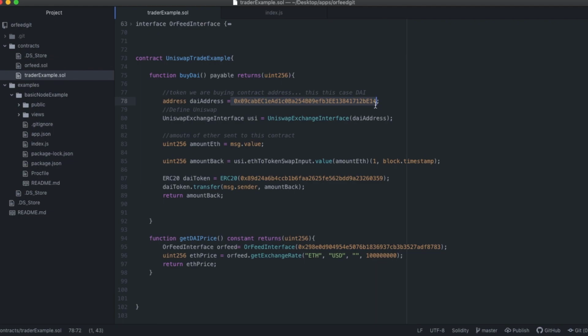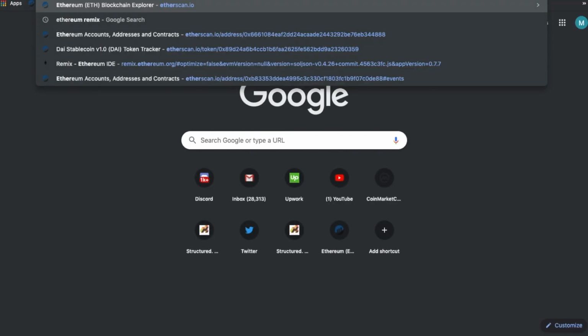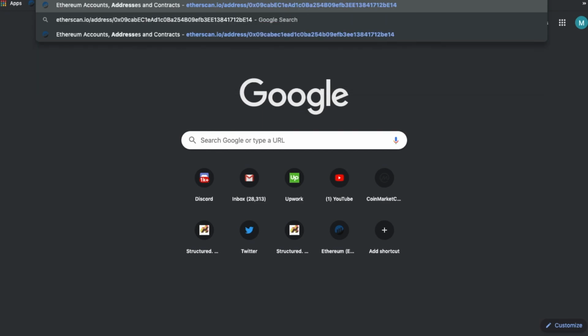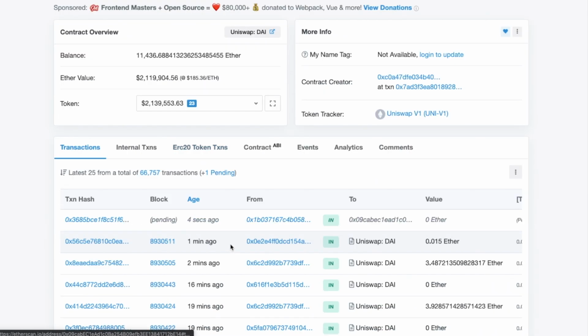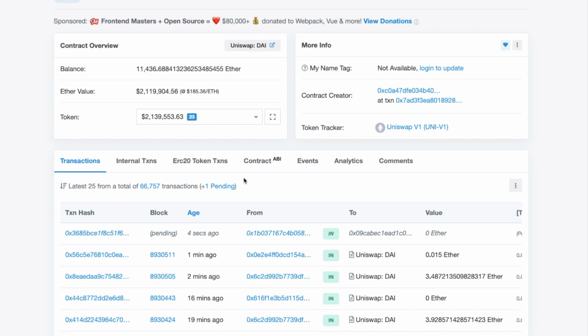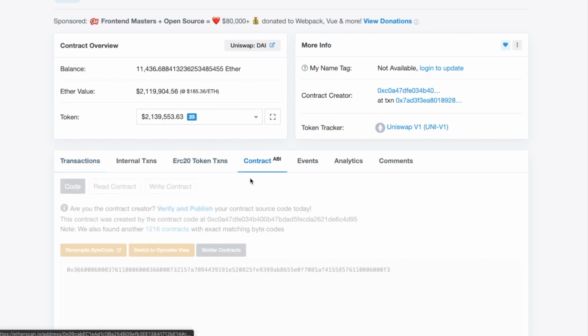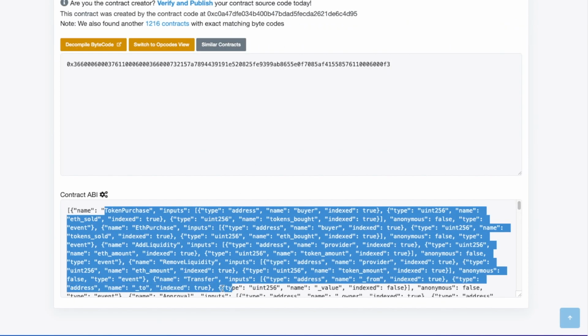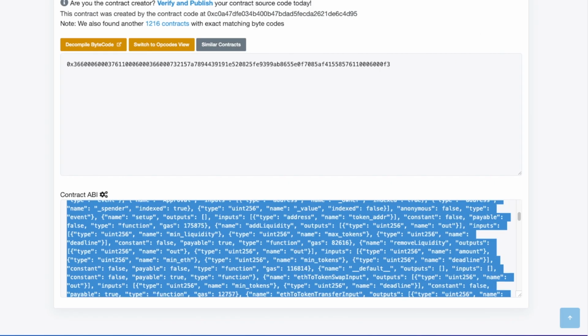If I copy this and I go to etherscan.io/address, and I paste in that address, I'll see that this is not the DAI stablecoin address. This is the DAI Uniswap market address. So if you look at this smart contract, this smart contract actually allows people to do token purchases, add liquidity. It's for this website,